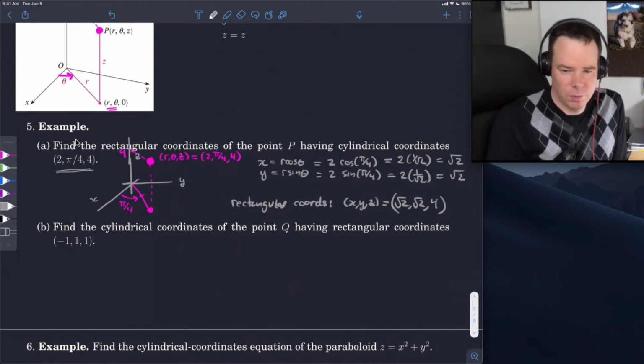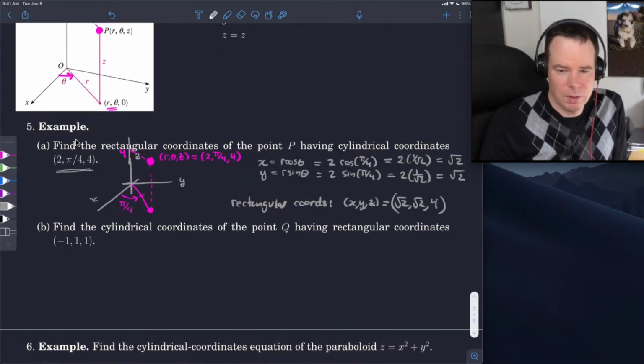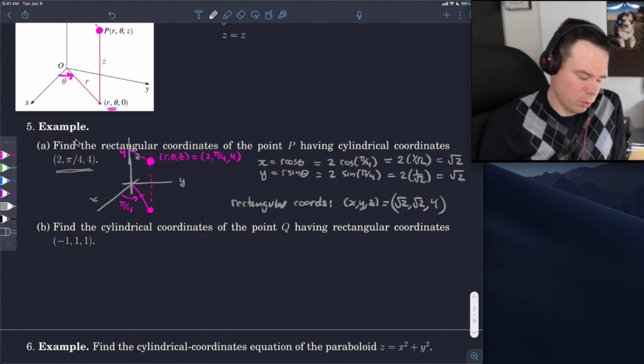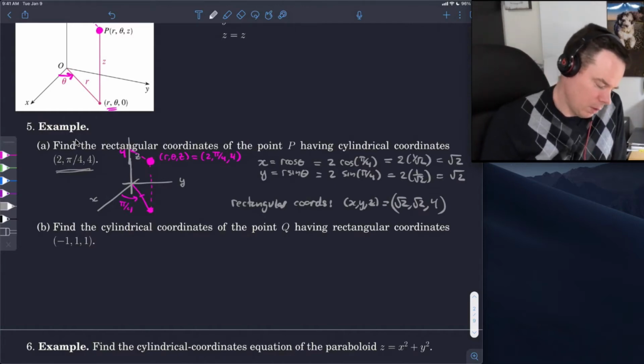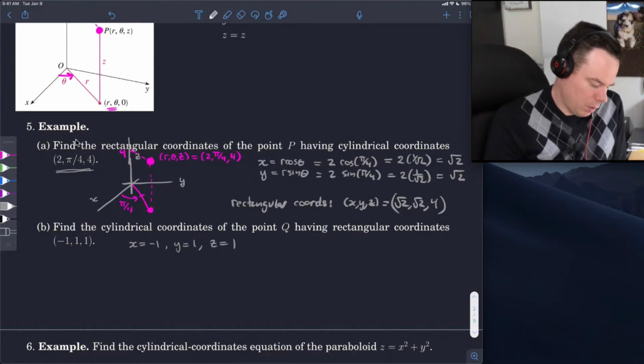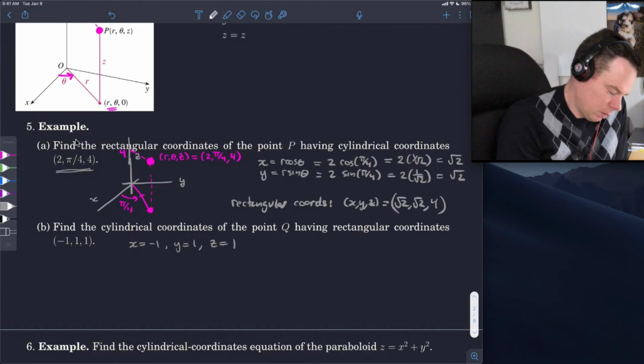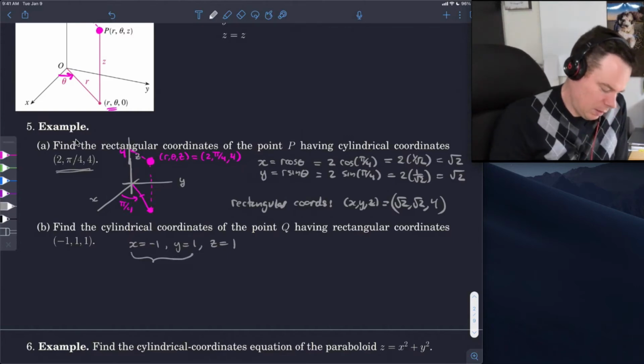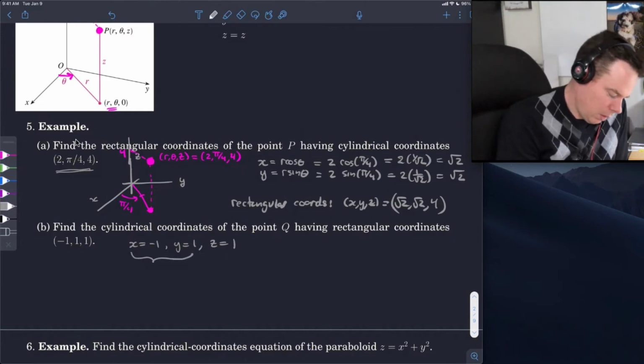We can also go in reverse. Given some rectangular coordinates, -1, 1, and 1, find the corresponding cylindrical coordinates. So these are our rectangular coordinates. x is equal to -1, y is equal to 1, z is equal to 1. We'd like to go ahead and find our cylindrical coordinates. That just means taking the x and y values and converting them to polar coordinates. So we'll go ahead and